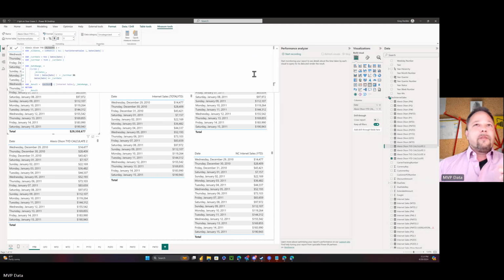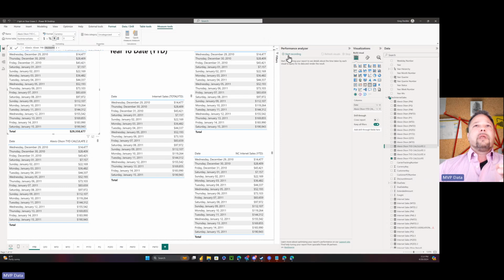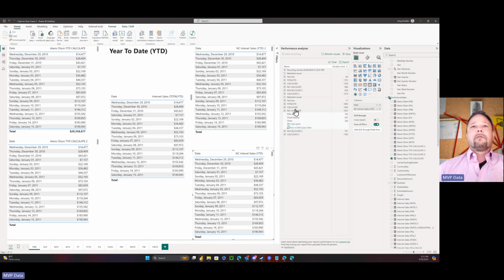Now, this does solve the performance impacts. And just in case you're wondering, start recording, refresh the visuals. Let's do that one more time. All right, so here we go. So we have the no calculate version. This one's 166 milliseconds as far as the DAX query, 165, 206 for the calculate version. The other one's 310. So the filter one is a little slower than using the Windows function, but still in